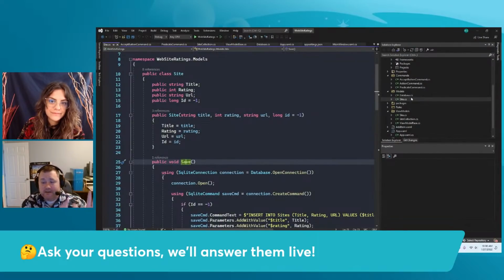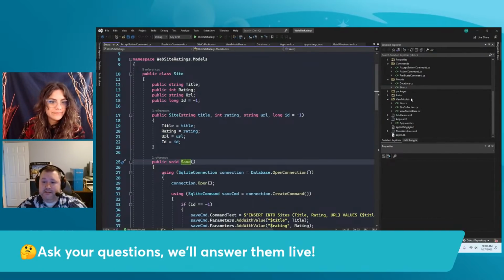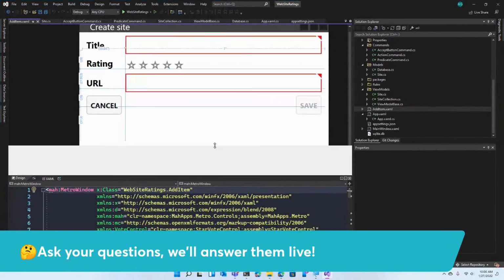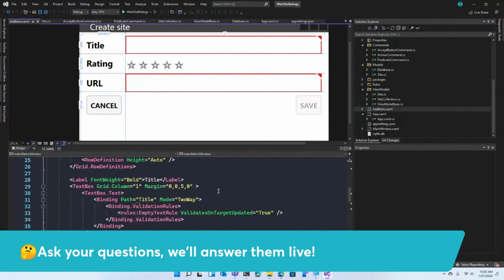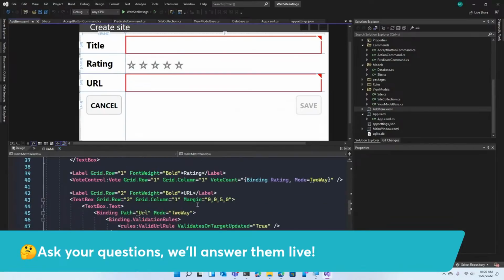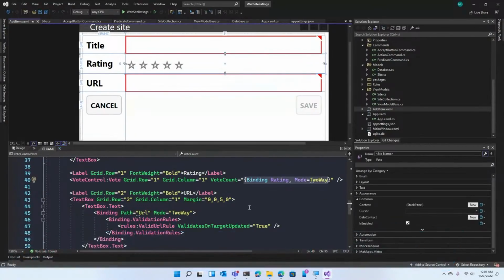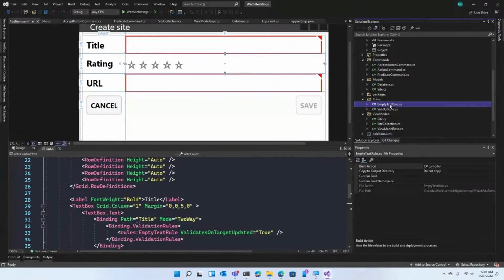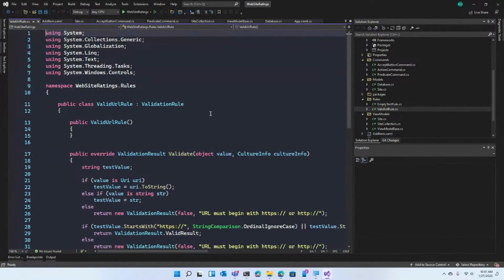So I just did the model, the view model, and then the views were all done. Same thing with just data binding. So I'll open a view real fast, the add item. And then oh, that's right. I added some validation rules also, but this just uses a straight binding pass for the types being passed into the window itself as the data context. But same thing with, let's see, rules. I just added a few little rules for like when there's empty text or the URL needs to have HTTPS or HTTP,